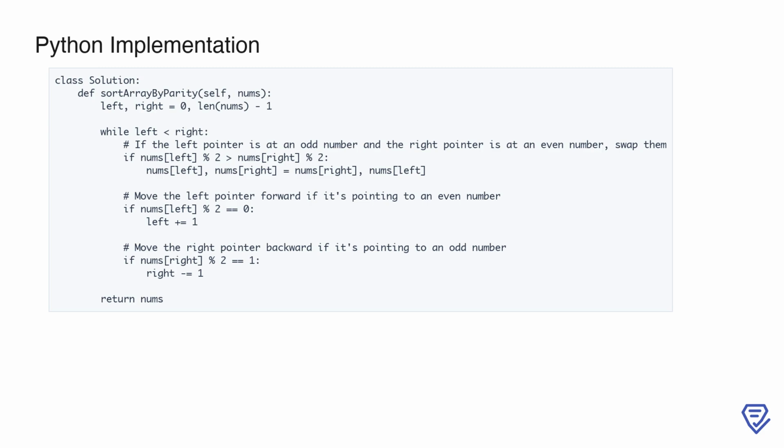Edge cases. Empty array: the code handles an empty array gracefully, returning it as is. All even or all odd: the pointers adjust correctly without unnecessary swaps, ensuring the array remains unchanged. Single element: the loop does not execute, and the array is returned as is. This implementation is efficient and concise, achieving the desired rearrangement in a single traversal of the array without additional space